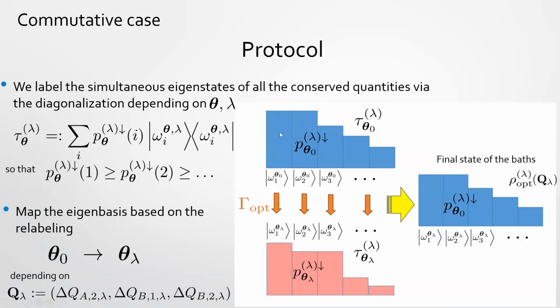So this is the initial state, and this is the ideal state. The ideal state and the initial state have something in common. Now we are considering the commutative case. Commutative case means that all observables, all physical quantities, should be commutative: A and B, A1 and A2, B1, B2, everything should commute. This is somehow a strong assumption, but due to that, we have a common eigenvector. So then our difference is only the eigenvalue.